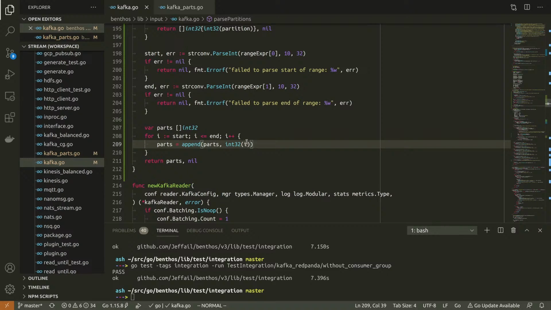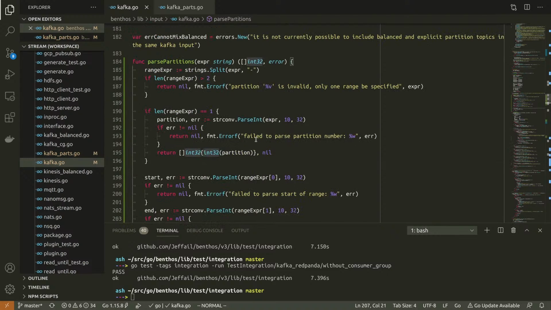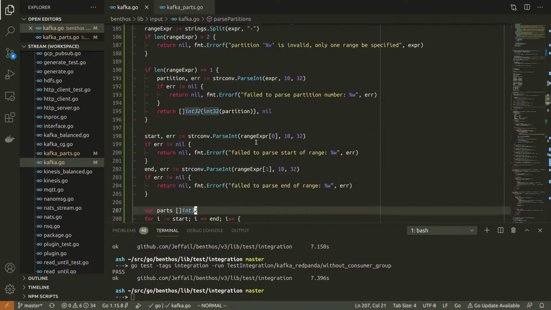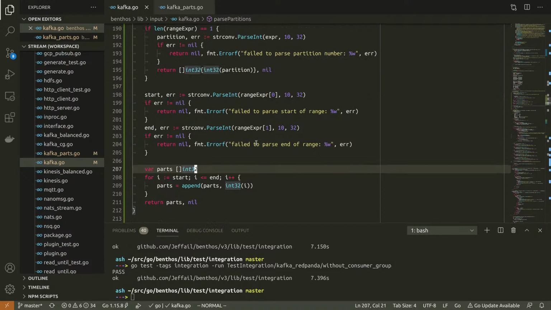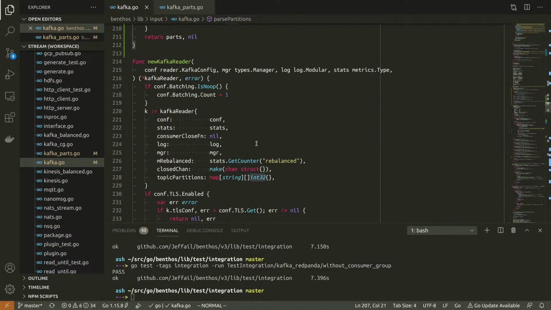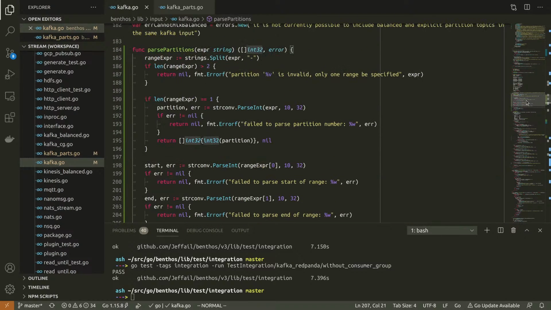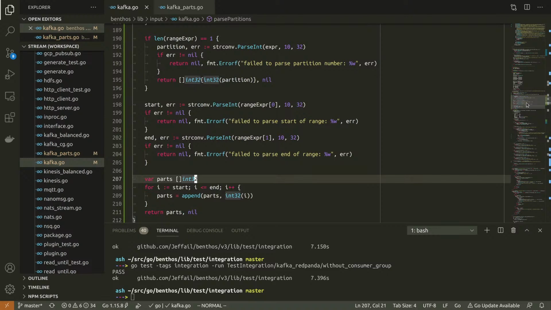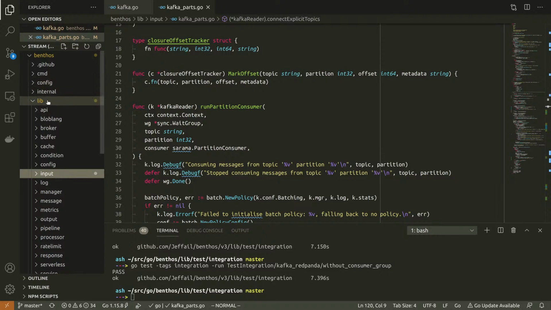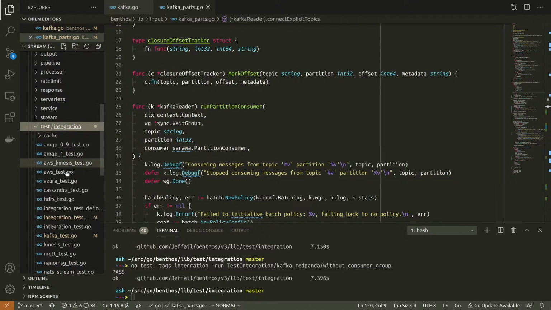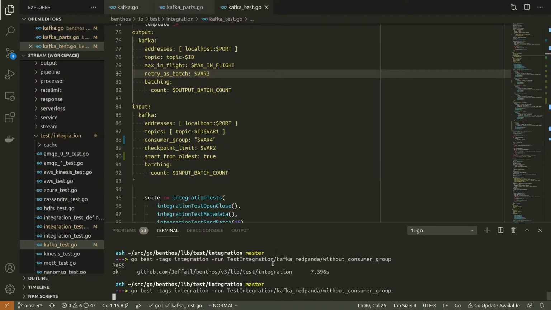It will get tested because I'm going to make it so that my start from 0 integration test uses a range, and then we've covered everything in a very convenient way. And that's it. Yeah, I think that's it. Okay, back to the integration test. First, let's just make sure nothing's broken.